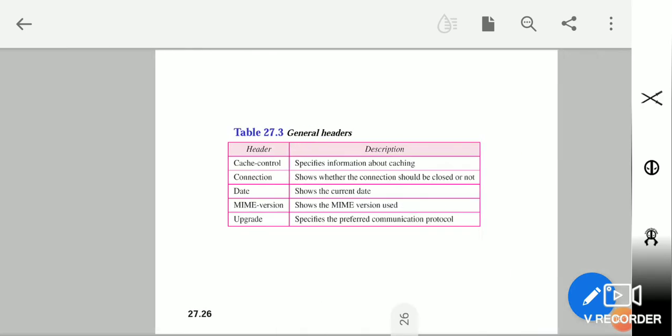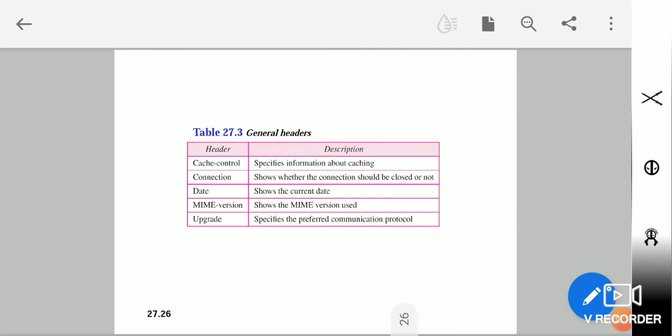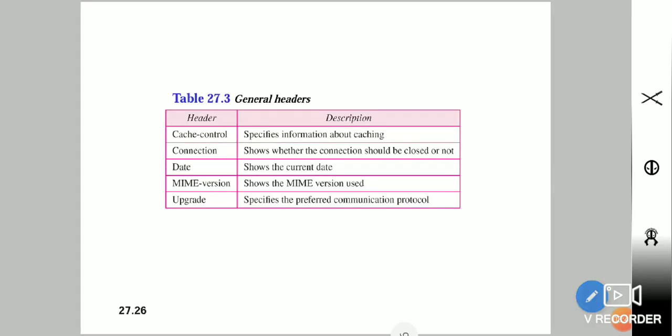These are some general headers for HTTP: cache control, connection, date, MIME, and upgrade. MIME is mostly used for format change, for example, when I want to convert my document. Importantly, it is used for mail extensions, converting your other format into ASCII format. That's why MIME is used.